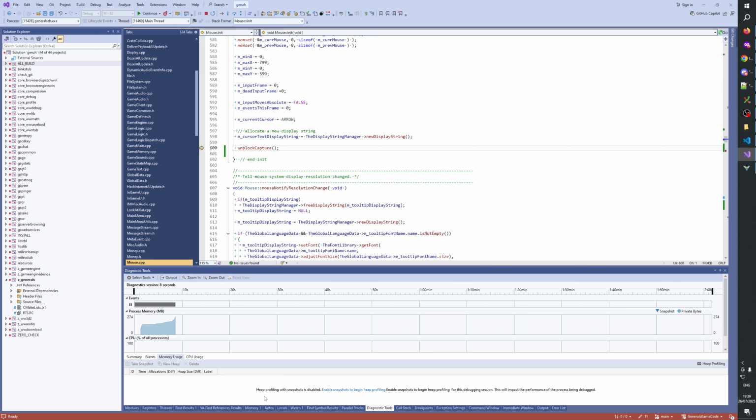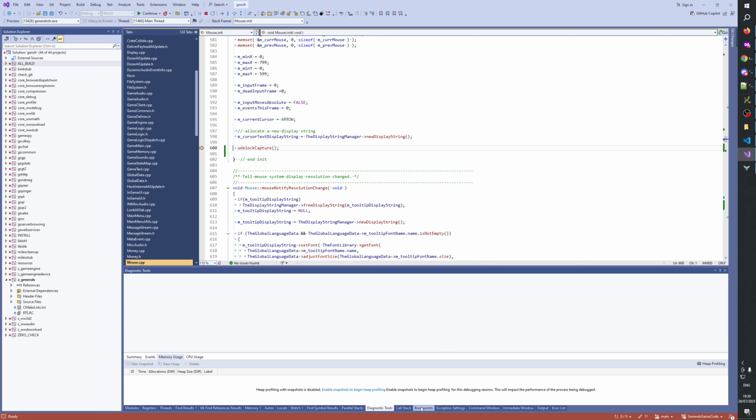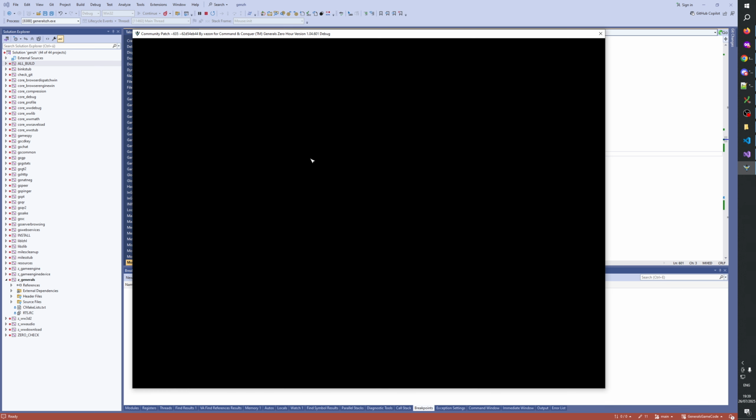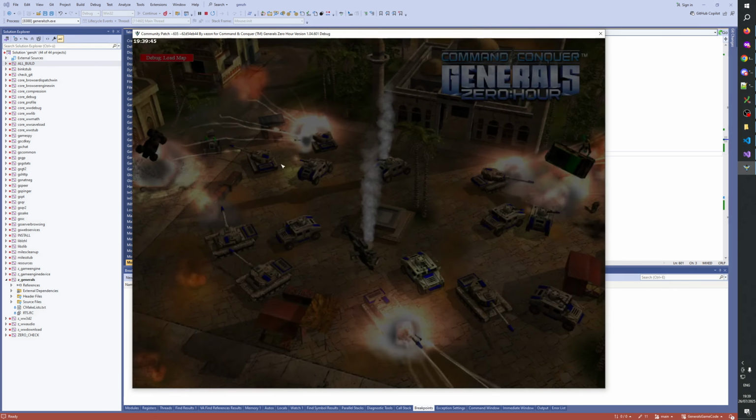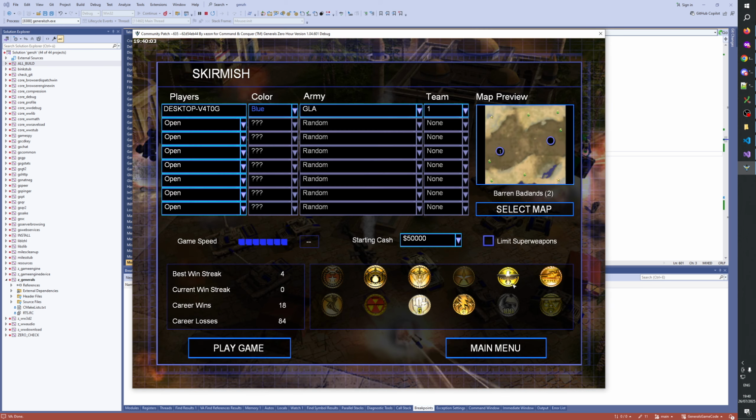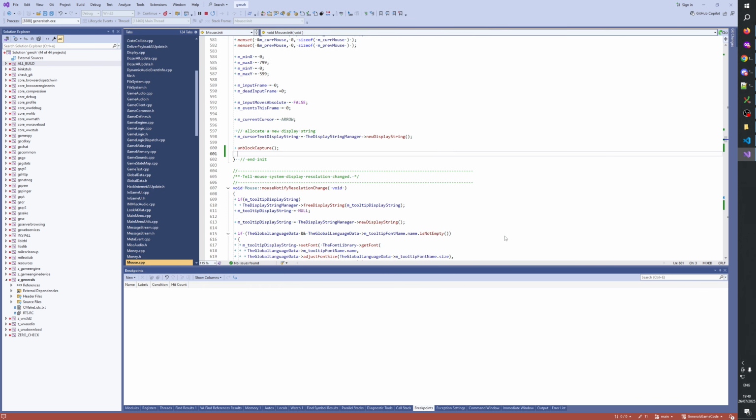Let me remove all the breakpoints. Okay, let's see what that looks like.